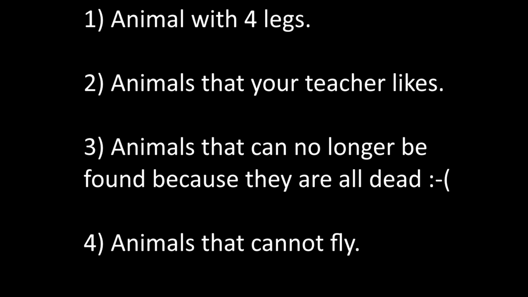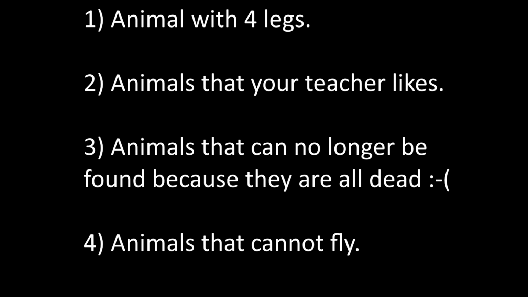Number 2, animals that your teacher likes. Number 3, animals that can no longer be found because they are all dead. And option 4, animals that can fly. Animals that cannot fly. So pause the video if you need, and then when you think you have the answer,